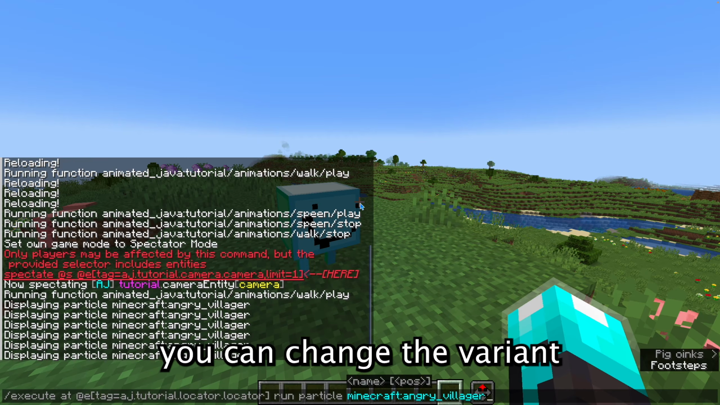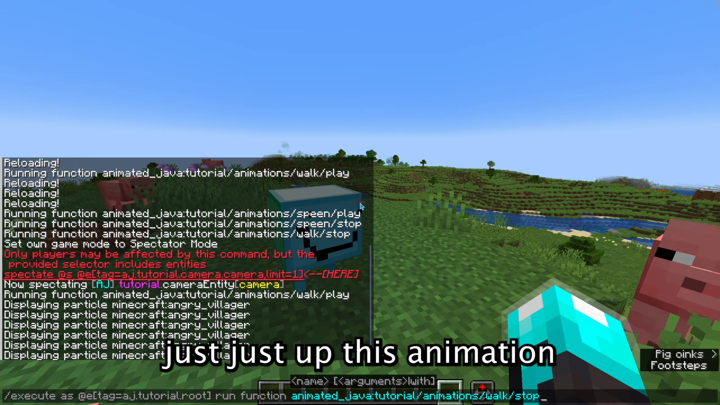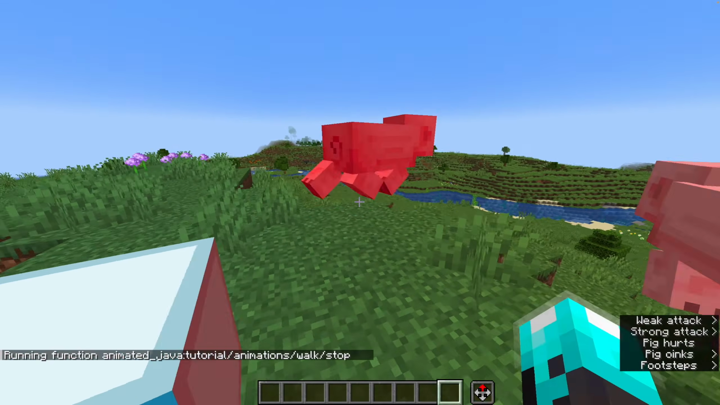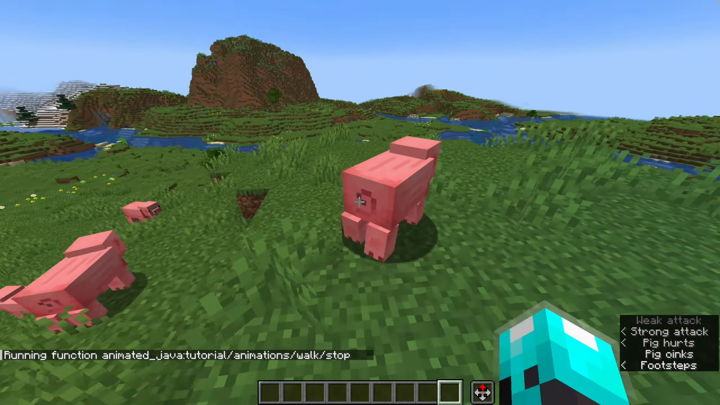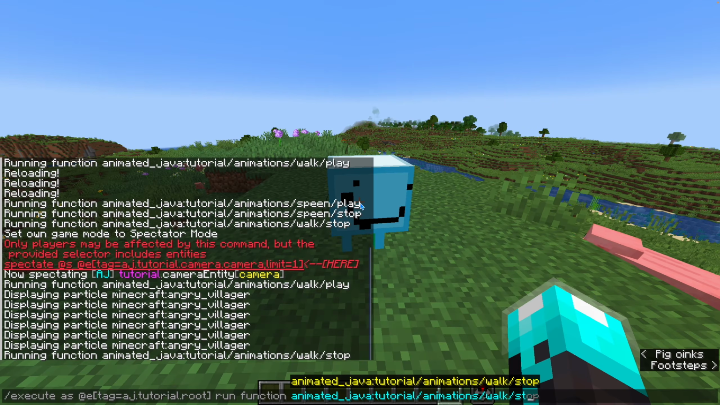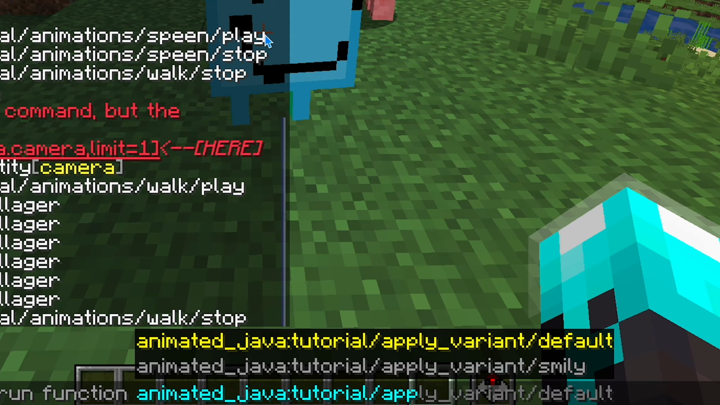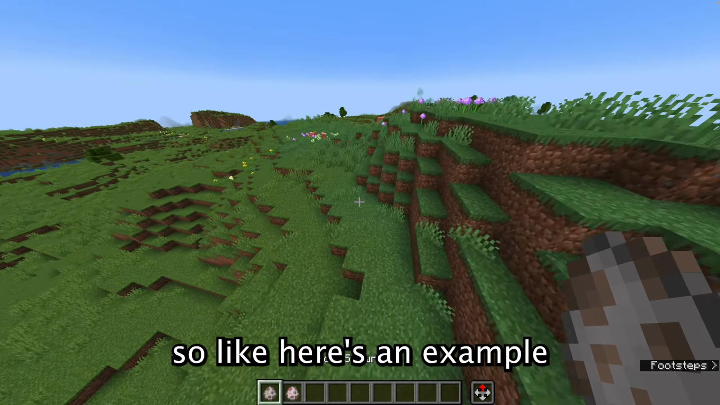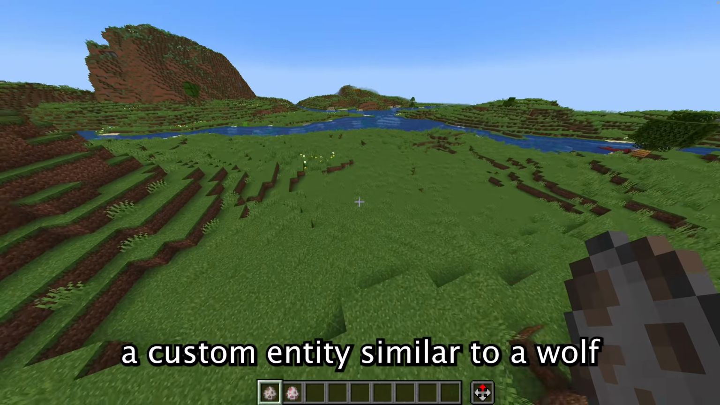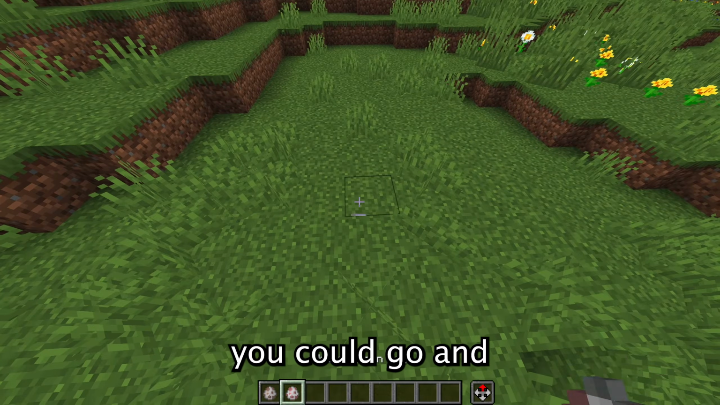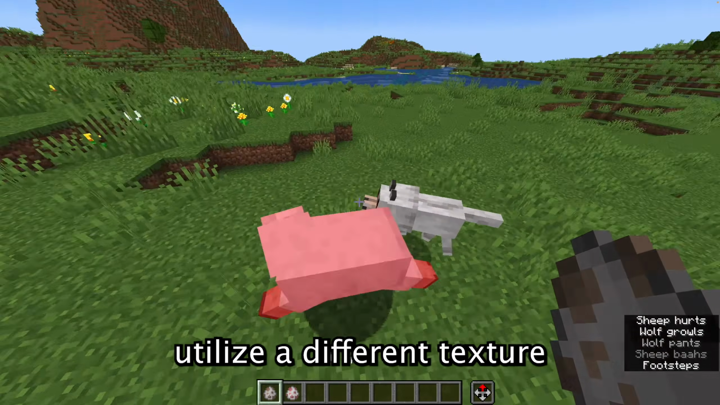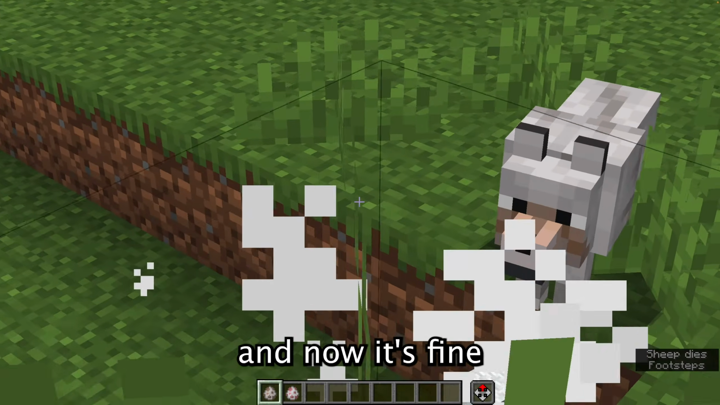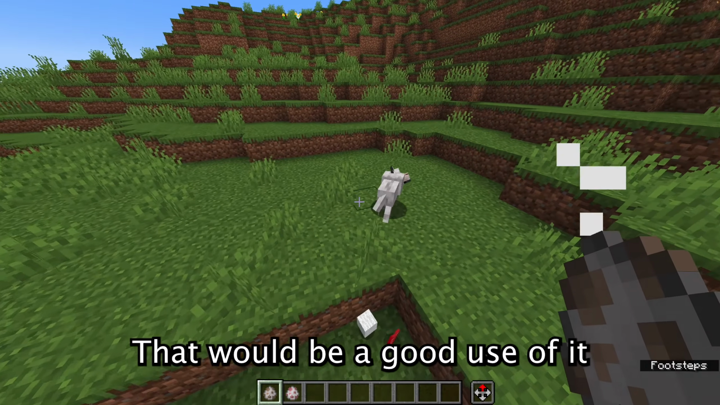So next, you can change the variant without using commands. So I'm just gonna stop this animation. Okay, these pigs are in the way. I'm getting back off. Go, scooch. Anyway, so you can go and run apply variant. So you can do default, or you can do smiley. So like here's an example. If you're gonna make like a custom entity similar to a wolf, you could go and utilize a different texture. See, like the face looks angry and now it's fine. That would be a good use of